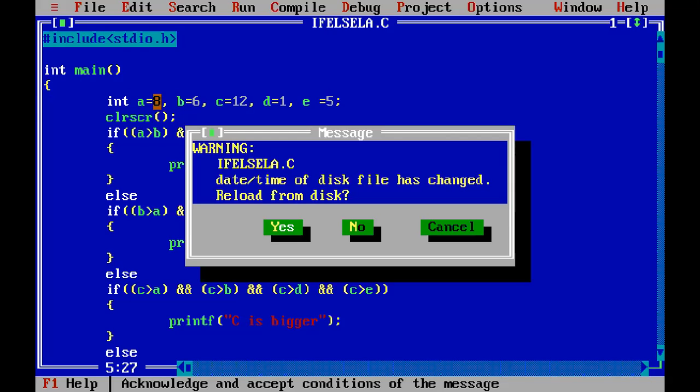You can write it this way also. Let me just show you.